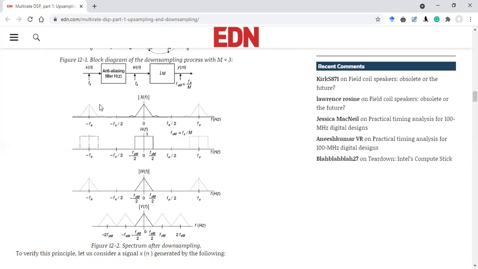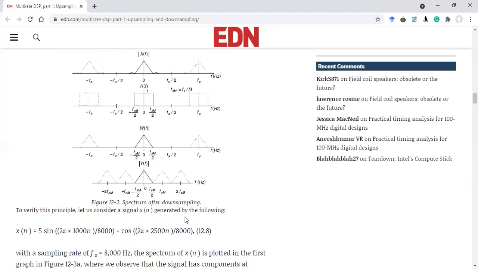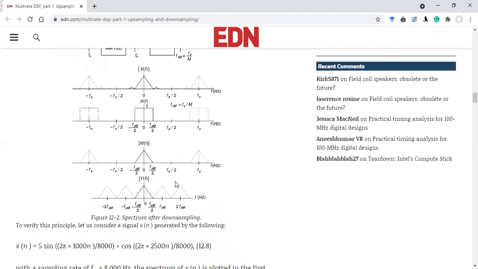Again, if you want to read more on this, we are just going to use this particular concept in order to draw the output of the rational sampling block, right? So this is another property that we are going to use in terms of normal frequency rather than radian frequency. So going back to our question,